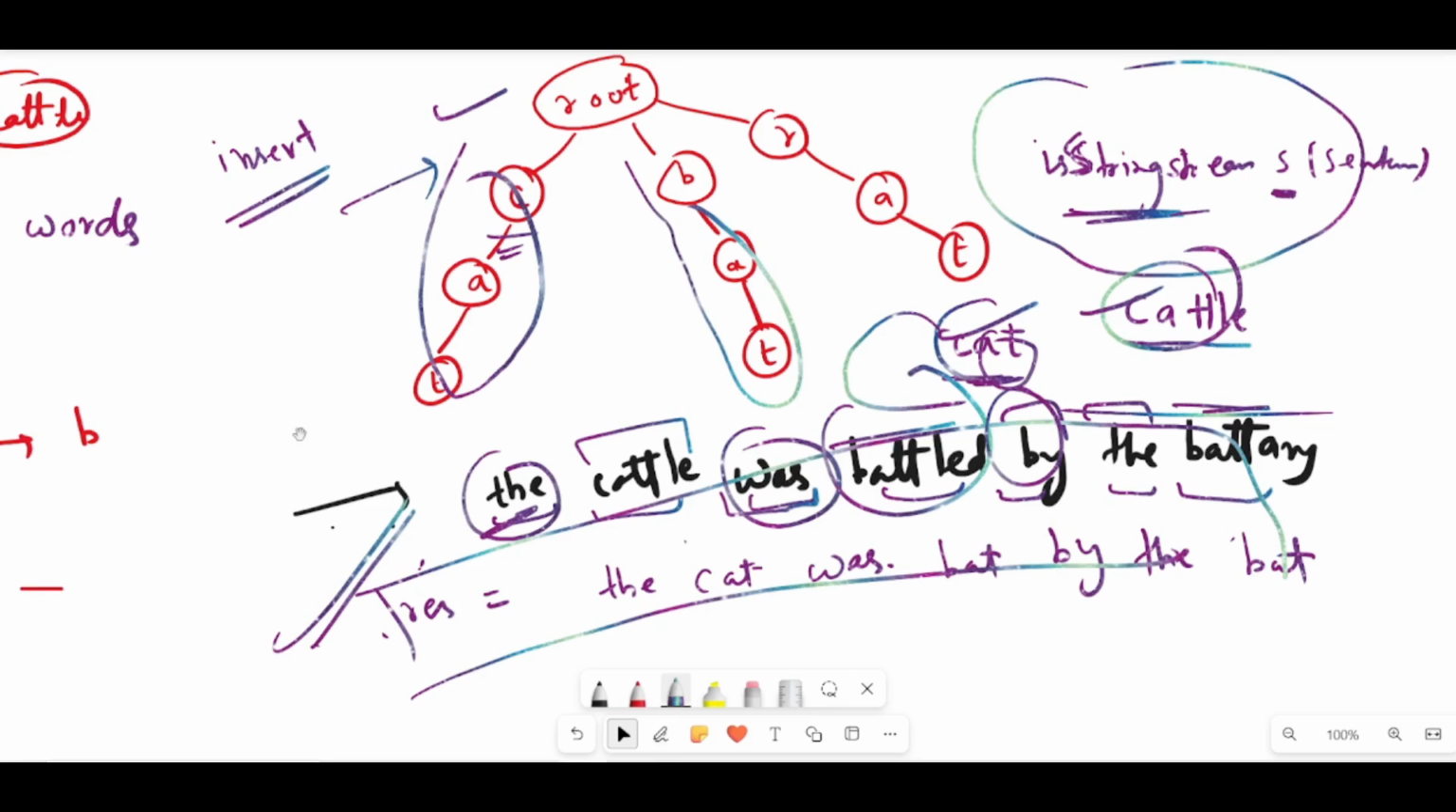Let's just discuss the time and space complexity. Again, for insert, I'm inserting n words, and if one word has an average length of m, then the time complexity will be big O of n into m. While for the check function,